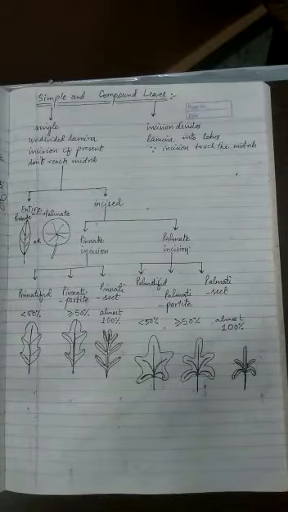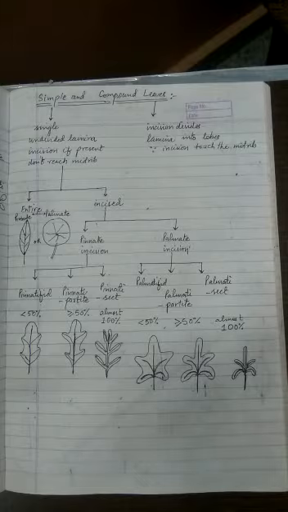So the next topic is simple and compound leaf. Now in biology, leaves are called simple and compound according to some criteria. So we are going to understand those criteria. I'm still carrying those leaves with me, so I will show you the examples side by side. Now a leaf is called a simple leaf if it has a single undivided lamina.